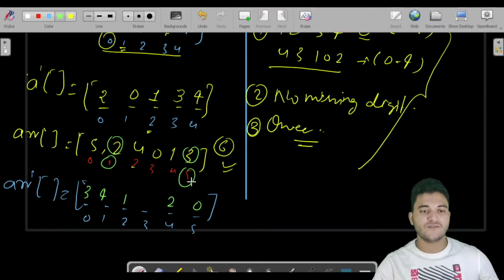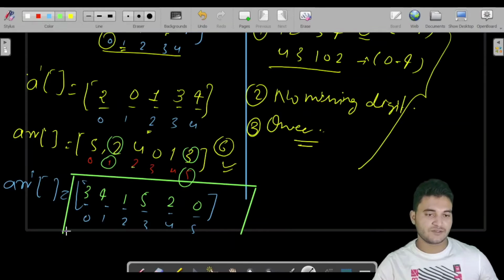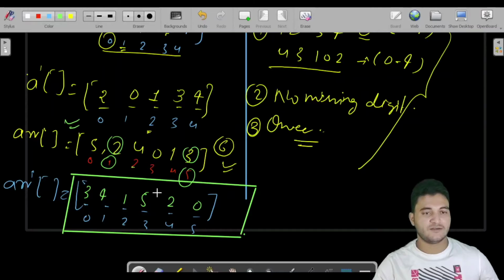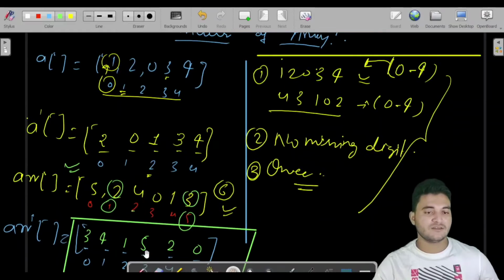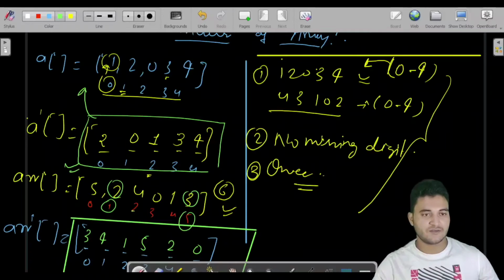So we would be storing 5 on the third index. So this is the inverse of the given problem, which you can see here. This is the inverse of this particular array, and this is the inverse for this array. So this is the problem which we have to do. There are three assumptions which we have to take care of. Input would be provided to you in this format only, no invalid input would be provided to you.